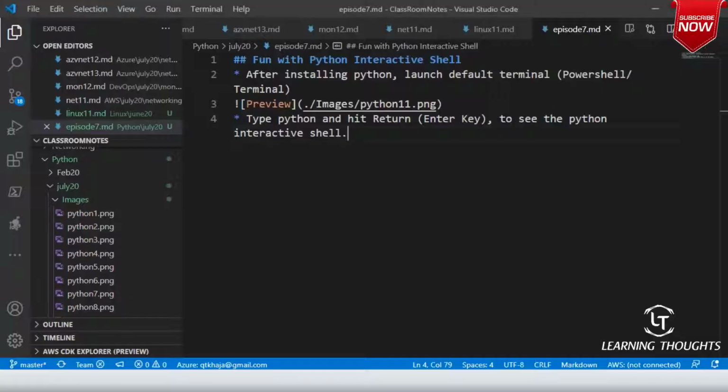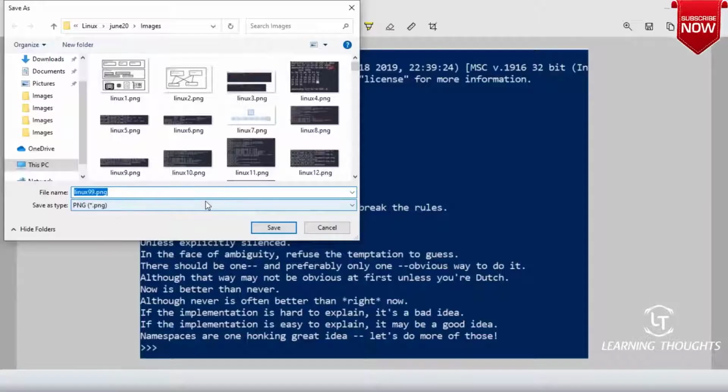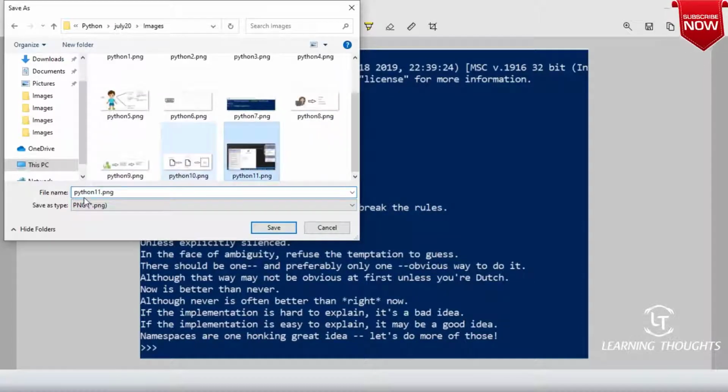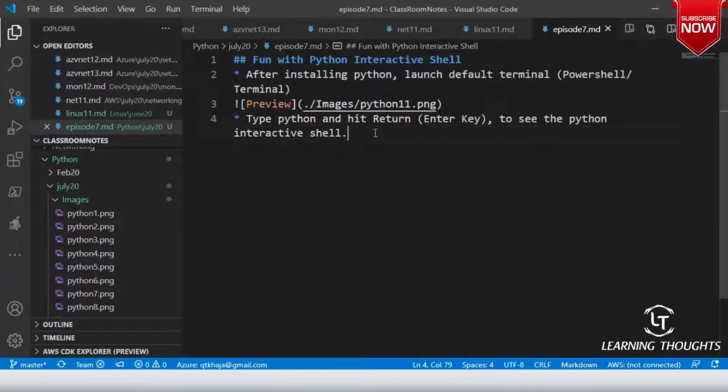I think I need to change the path of it. Copy path. Python 12. Okay, all right.